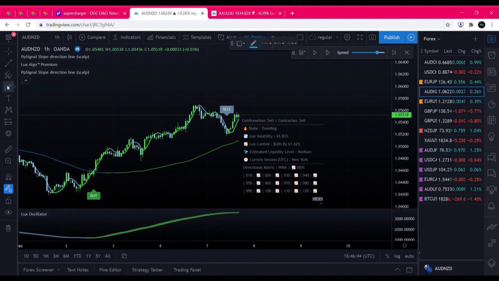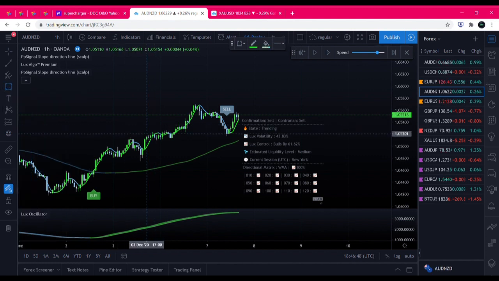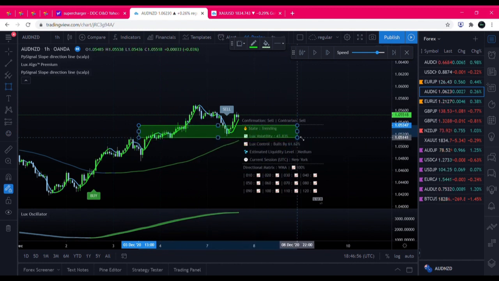So let me bring out the rectangle. Now remember, support and resistance are zones. They're not a line, they're an area. So please, please, please draw a box. Like I said, it won't always hit it, but if it gets close, that's good enough. So we're just gonna say,